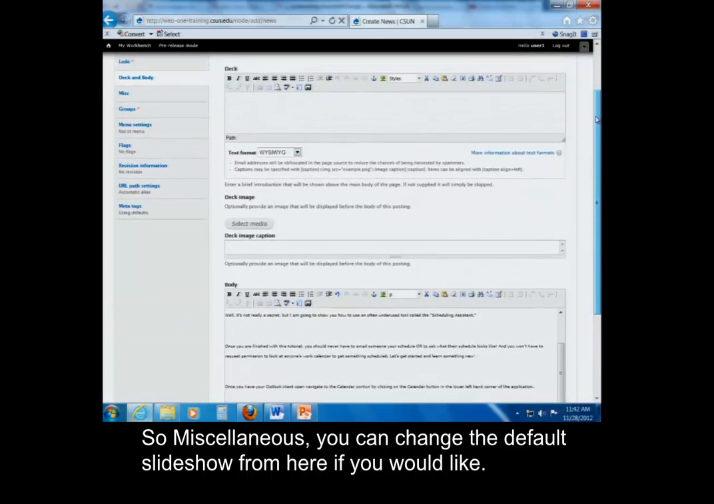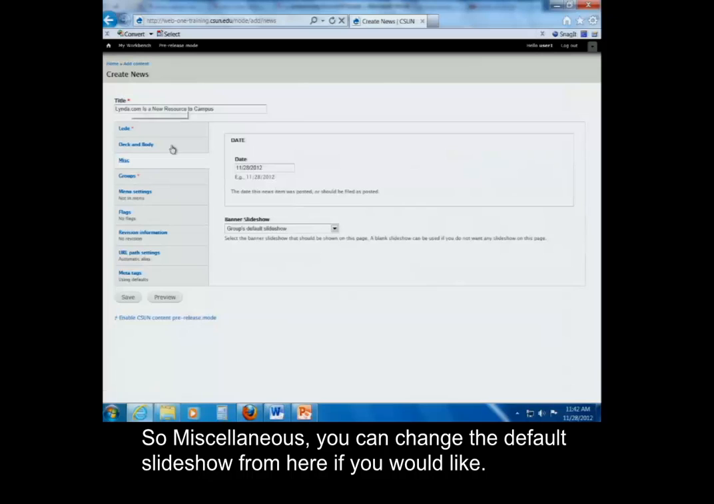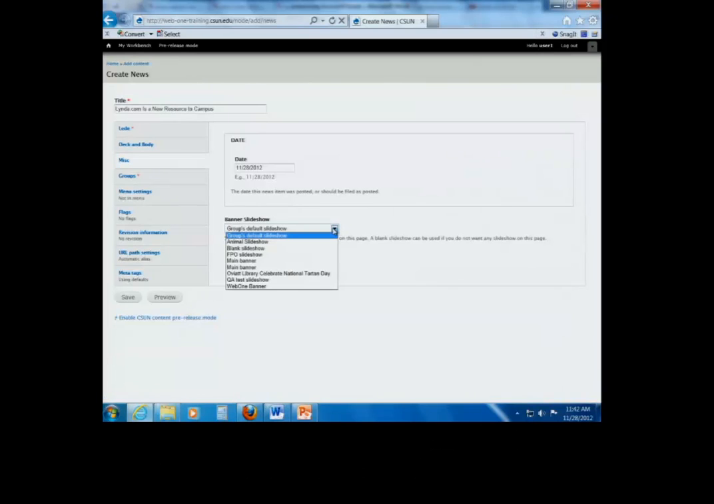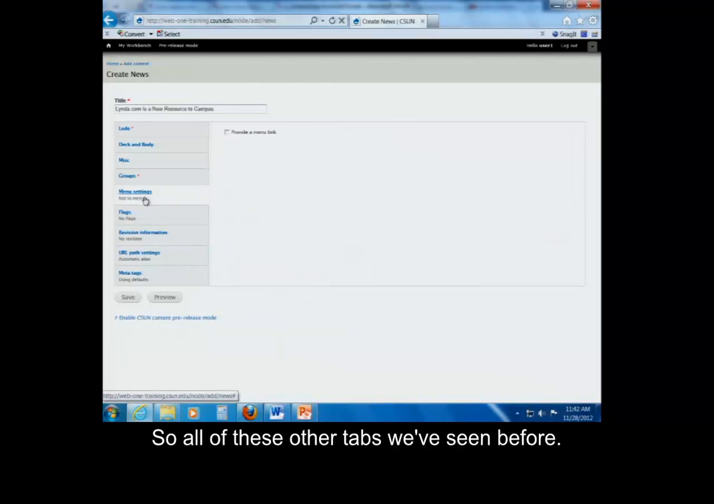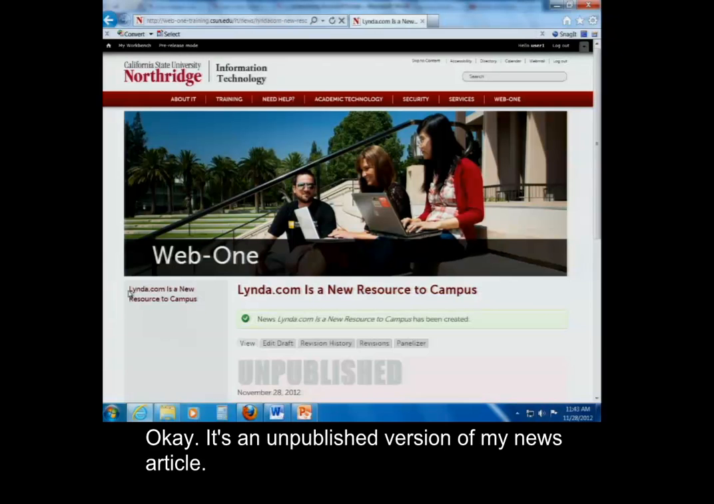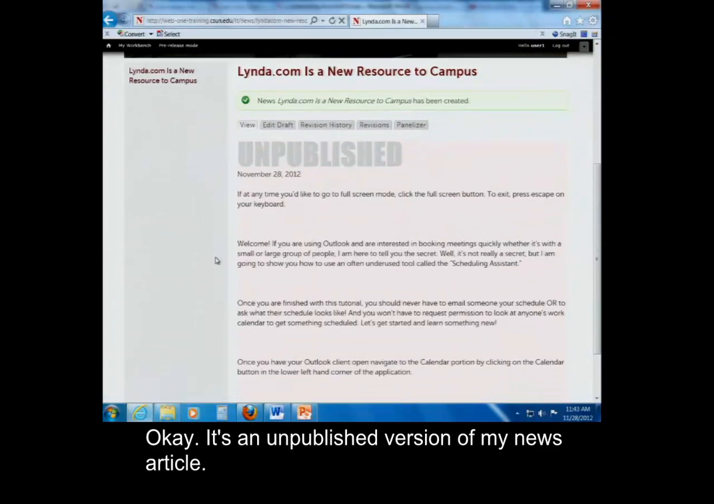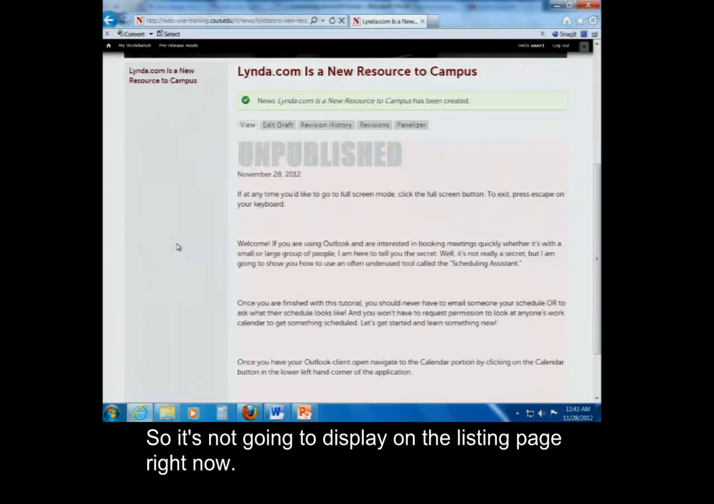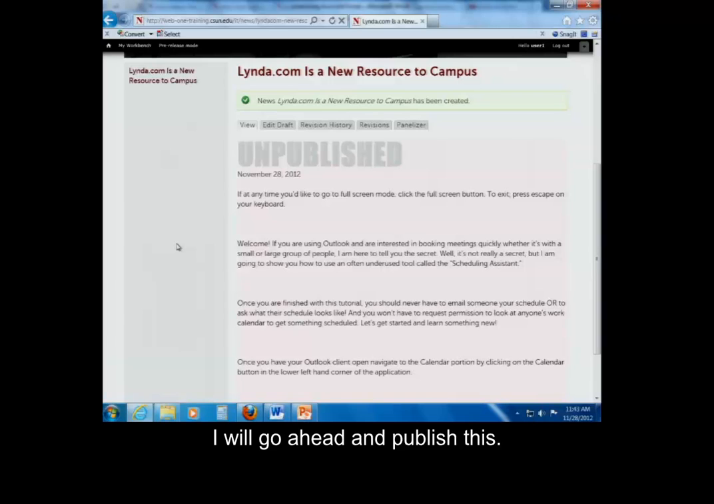So miscellaneous, you can change the default slideshow from here if you would like. Menu settings we leave alone. So all of these other tabs we've seen before, and you can leave them alone if you would like. So from here I'm going to save this, just to show you what my news article looks like. Okay. It's an unpublished version of my news article, so it's not going to display on the listing page right now. I will go ahead and publish this,